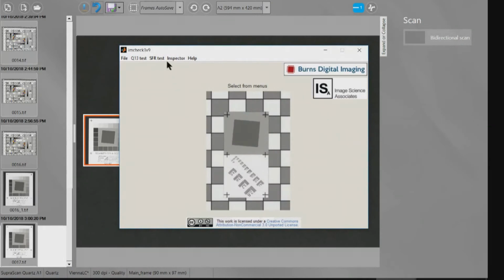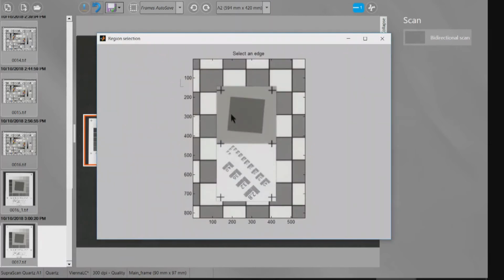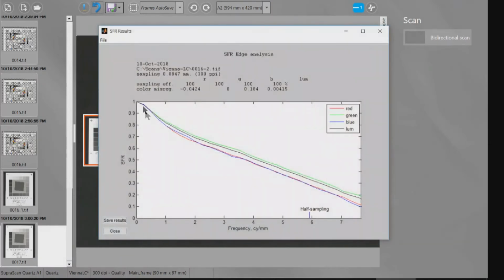It will be easier. So I have to know the resolution, the scanning resolution. Okay, and then I can draw a rectangle, and I get the